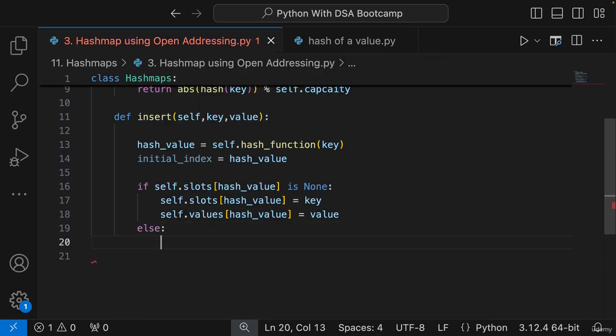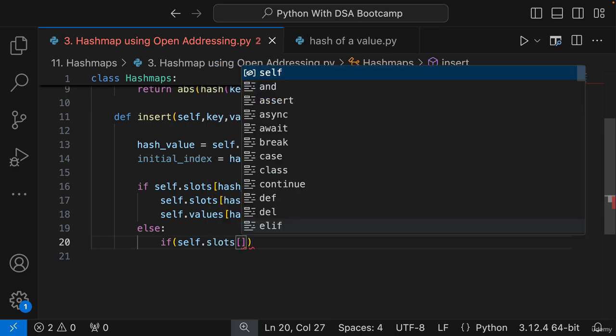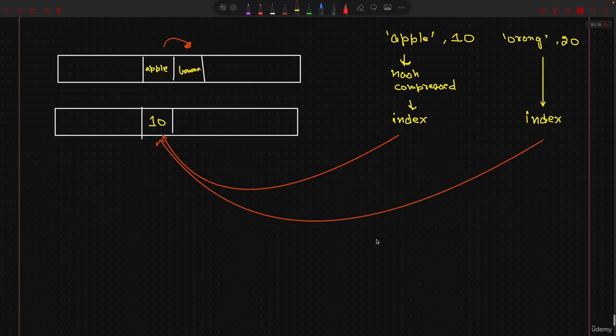So else if self.slots. Okay, there is one more case, everyone, that we should first discuss. Let's say you send not orange, but you send apple here only. Then what will you do? Then we have to go to this position only, but this time we have to update, not insert, right? In your dictionary as well, if we wrote for an element which is already present, it didn't insert it again. We didn't say that, hey, this will become apple now. No, we made sure that we are